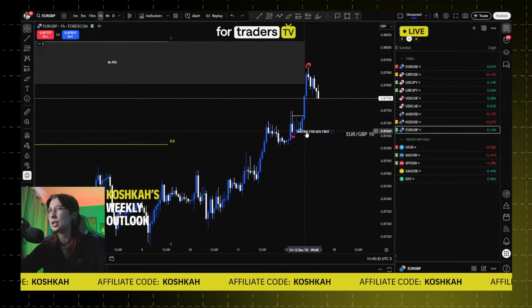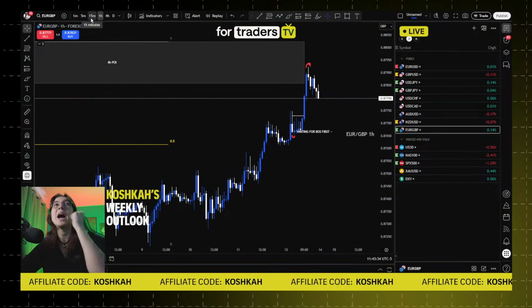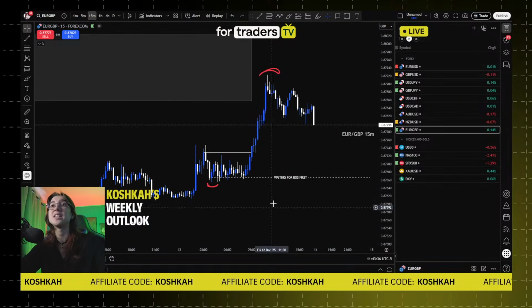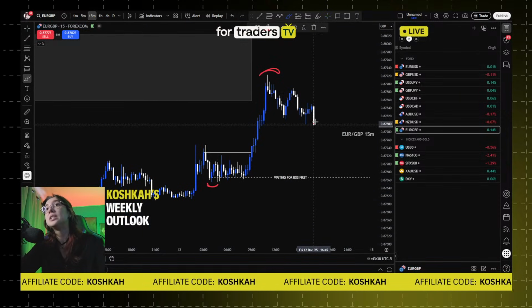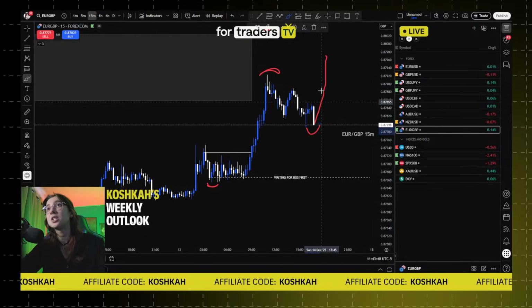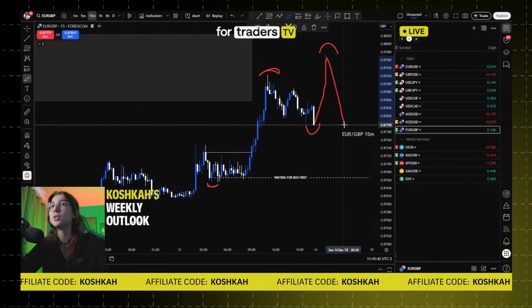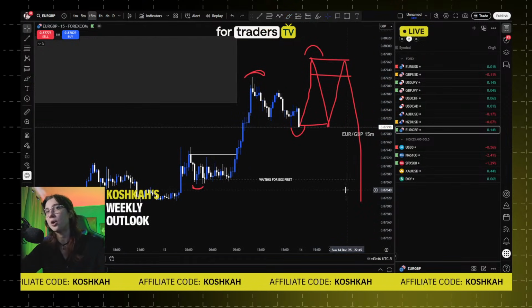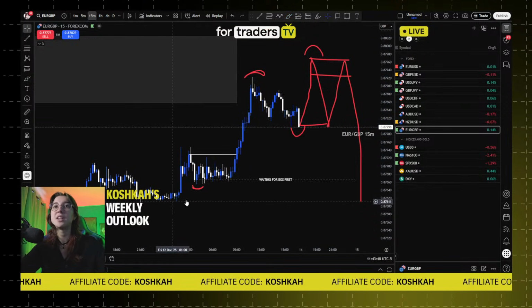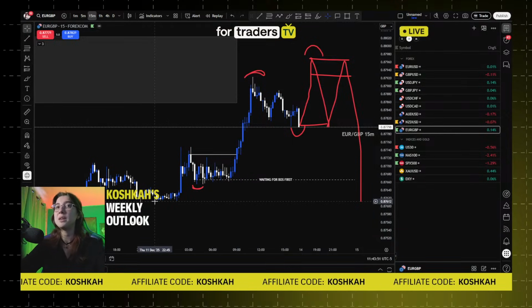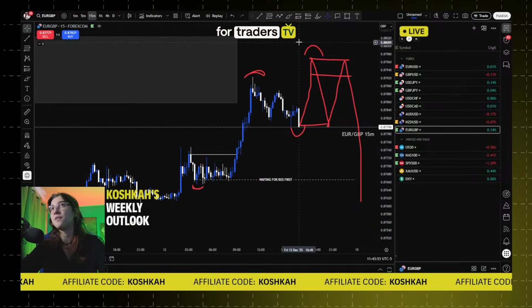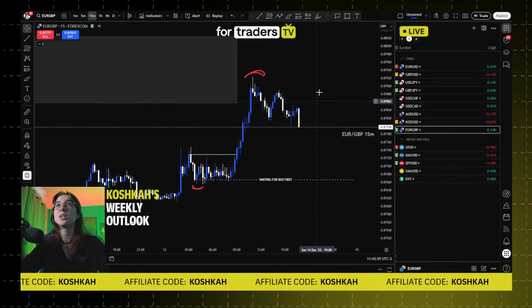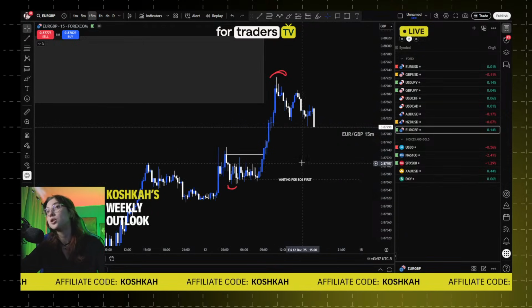here. So actually it would be a better thing if price, instead of breaking the low here, continues to push to the upside and creates a new range, so then we can have more space to target and reach the final take profit, because by the time price breaks structure, we're gonna be pretty close to the final take profit, if not. But yeah, for now, that's what I'm looking for. This is the low we need to break.